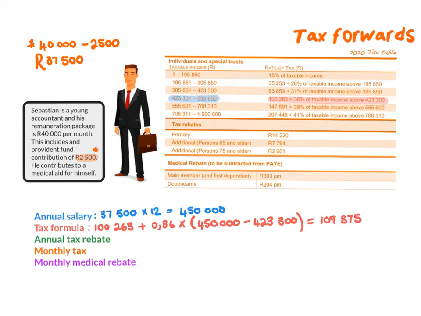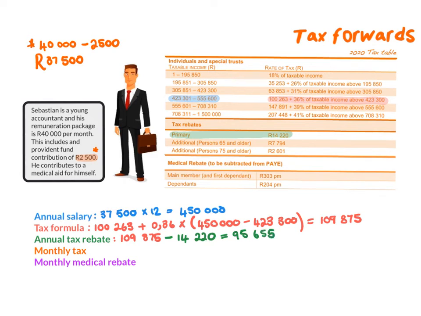109,875. Just like Tatiana, he also gets a rebate, and he only gets the primary rebate because he's under the age of 65. We know this because they say he's a young accountant. So always try and figure out how old the person is so that you know how the rebates work. And remember, the rebates is money that makes his tax less, it's money that he gets back. So therefore we need to minus it from his annual tax. And that gives me